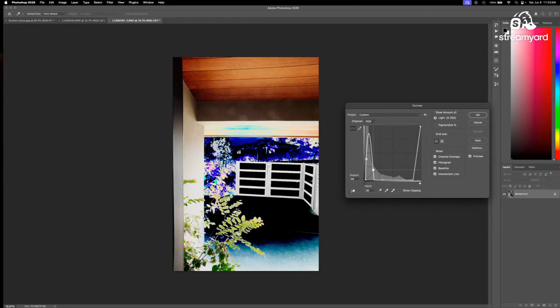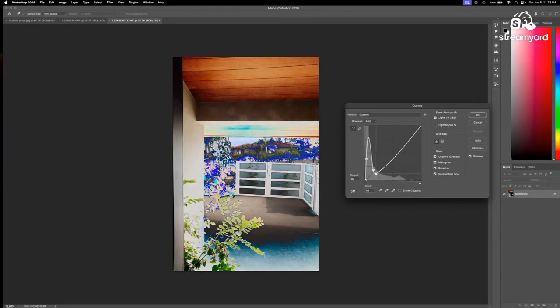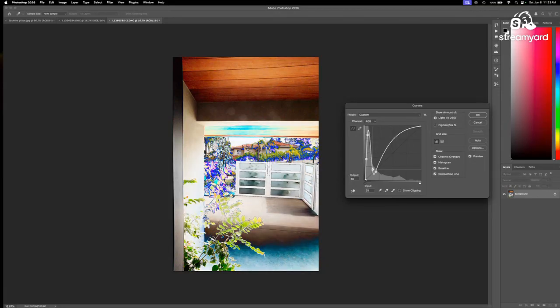And then I'll reorient the rest of the curve with the place where it's supposed to be. So it did give us in some middle tones some kind of crazy colors out here, but you see we've enhanced all this stuff and brought it into view. And then just straighten this out. So then we'll accept that.